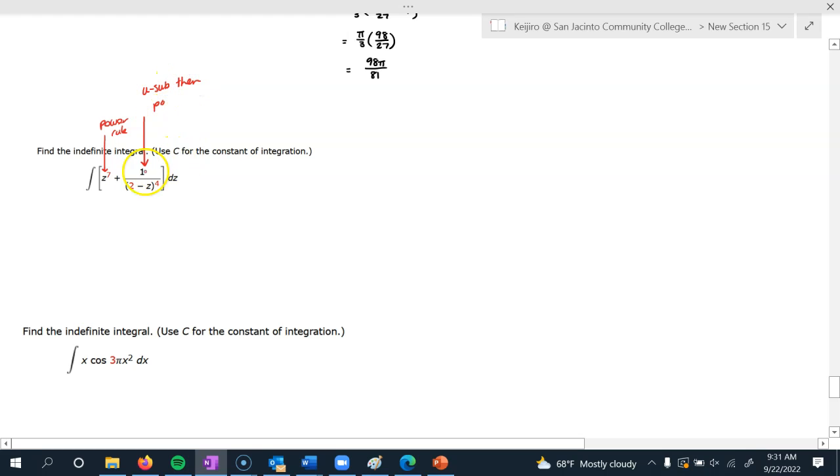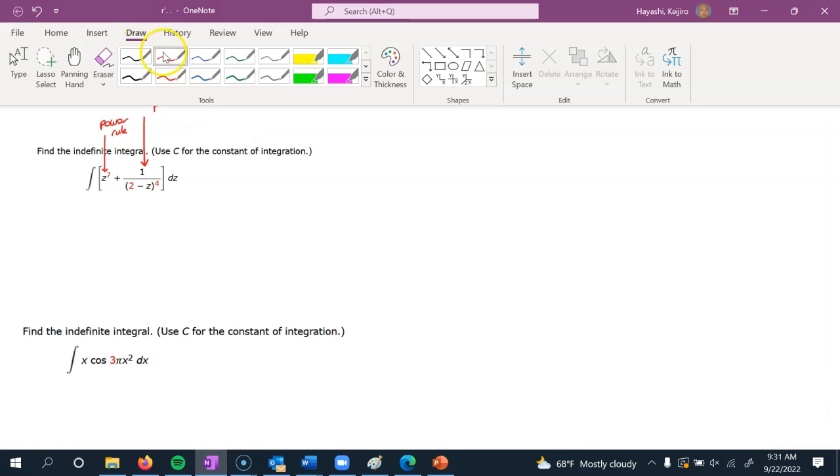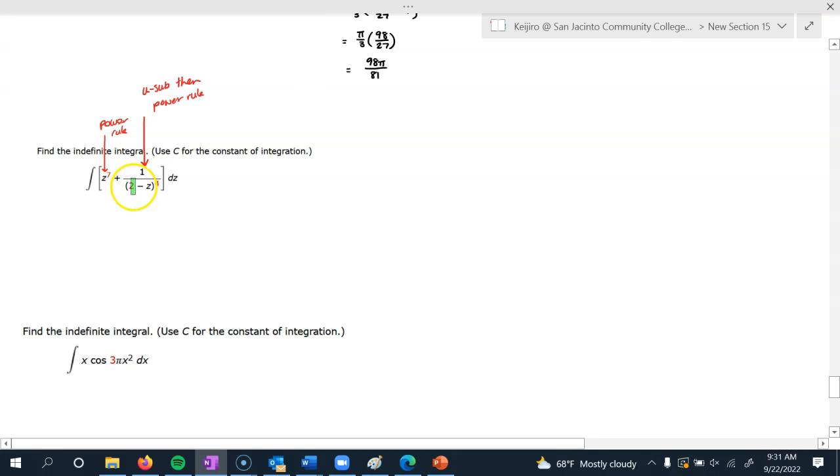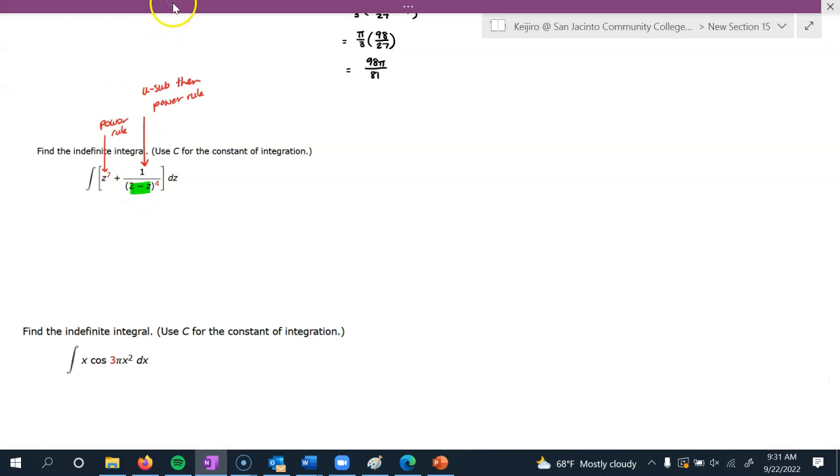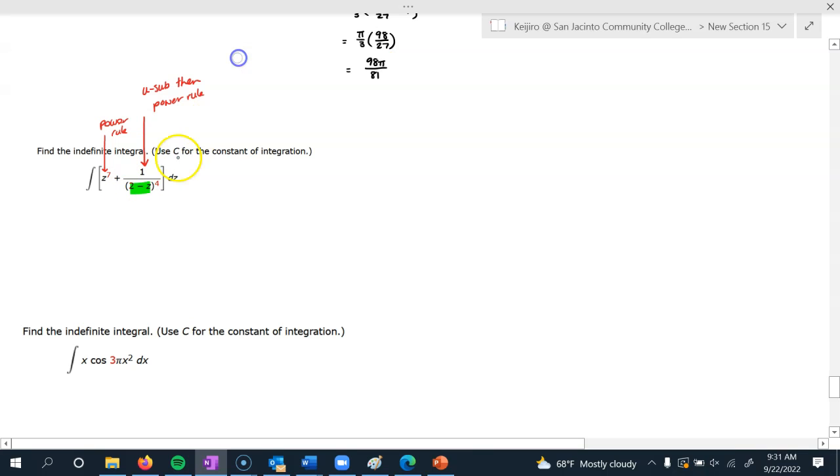And that's because instead of being z that's being taken to a power, it's actually minus z. I mean, technically 2 minus z, but that 2 is going to wash out when you take the derivative to get your du. But because of that minus sign, that's just going to require the slightest of u substitutions. Okay. So, if u equals 2 minus z,